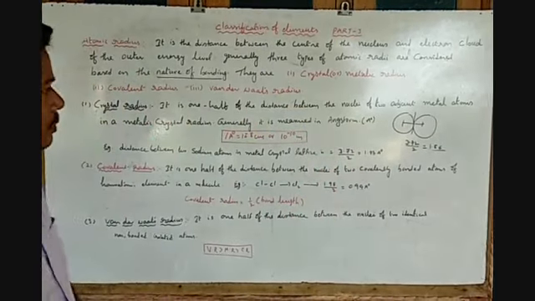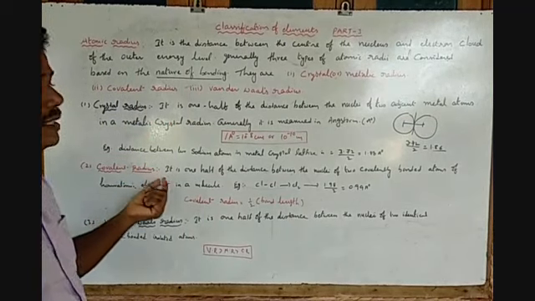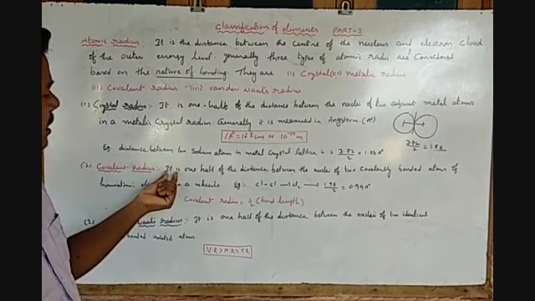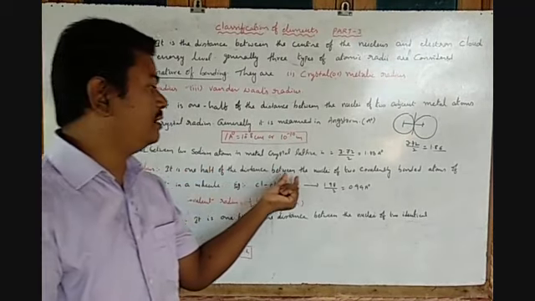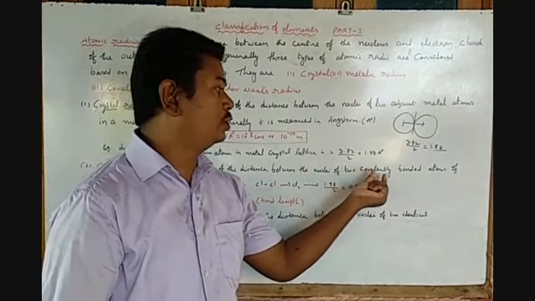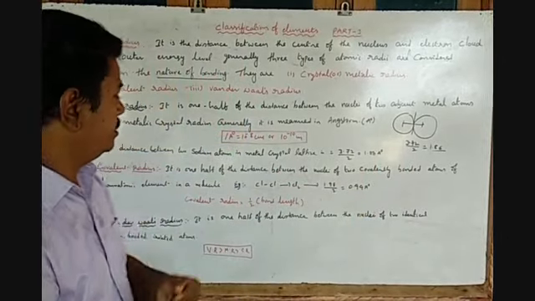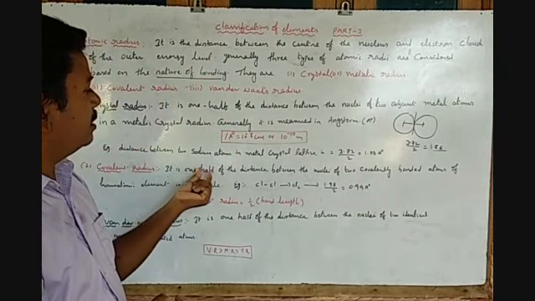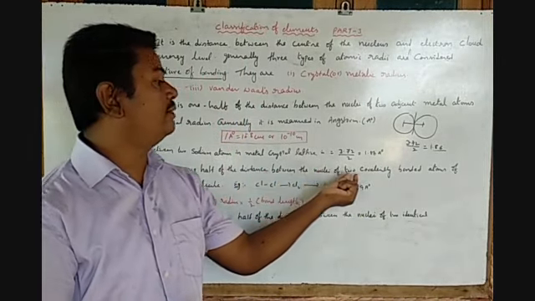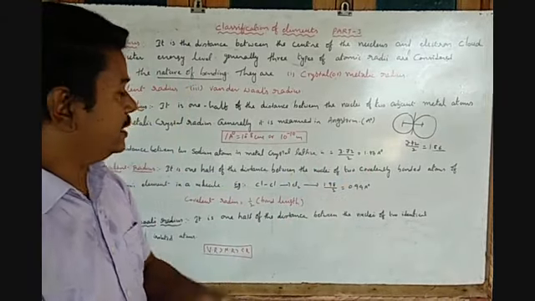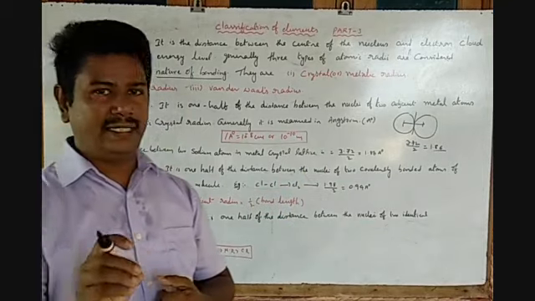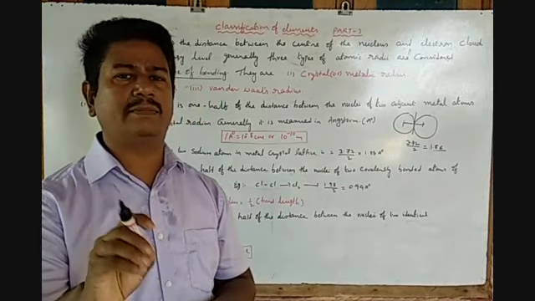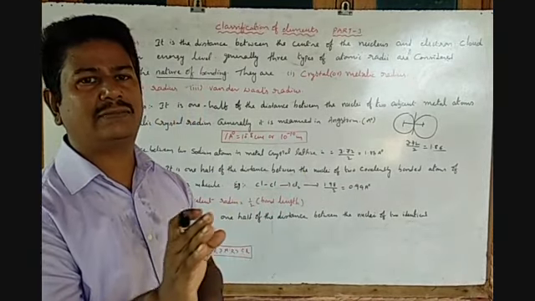Now another one is the covalent radius. The covalent radius is also defined as one half of the distance between the nuclei of two covalently bonded atoms. Observe here, it is one half of the distance between the two nuclei of covalently bonded atoms that is called the covalent radius. All the atoms except metals as well as